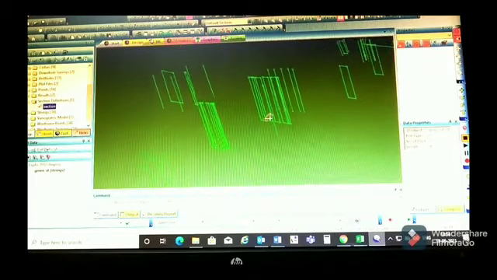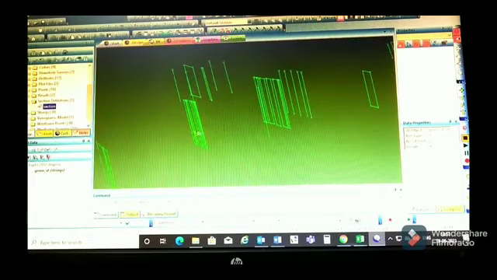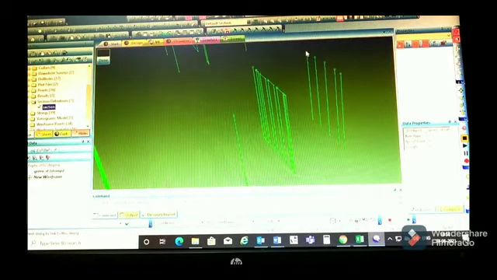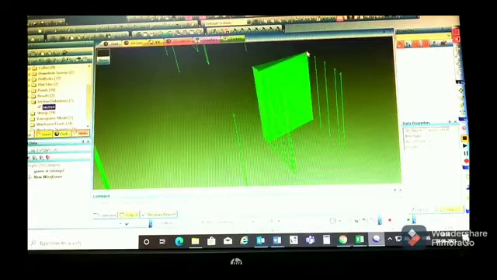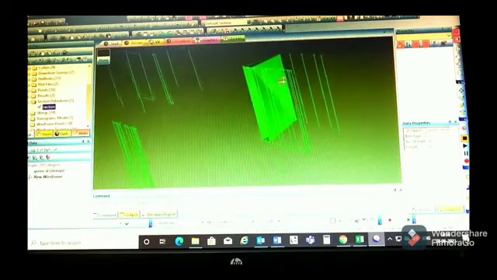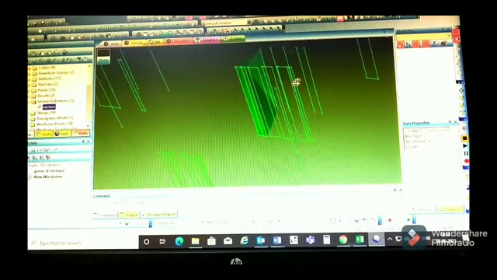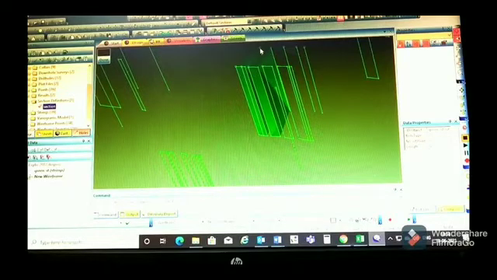So the command will be the link string command, and the short command will be LS. We have to type the LS command on the keyboard. Here we can see we have taken the LS command and started the linking. This is how we link our bands as per string alignment. The next band we also link with the second band.